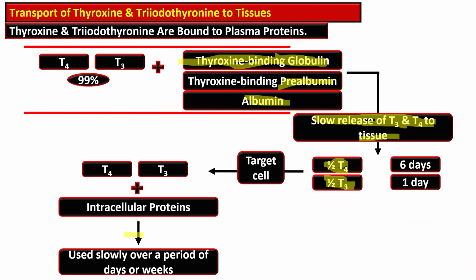to the tissue, and then it goes to the target cell, and both T3 and T4 then bind with the intracellular proteins. T4 binds more strongly than T3 inside the cell. So these bound forms serve as a slow release reservoir, allowing hormone action over days to weeks. So T4 is a slowly acting long-term storage form, while T3 is a fast acting, more immediate action hormone.